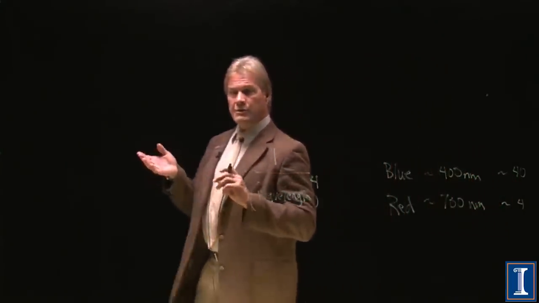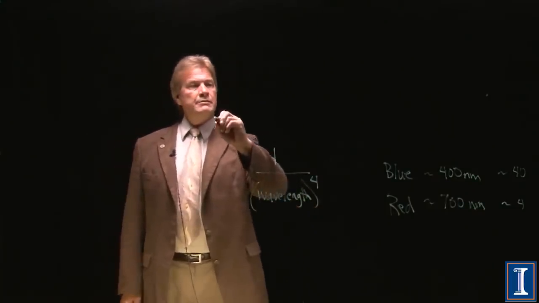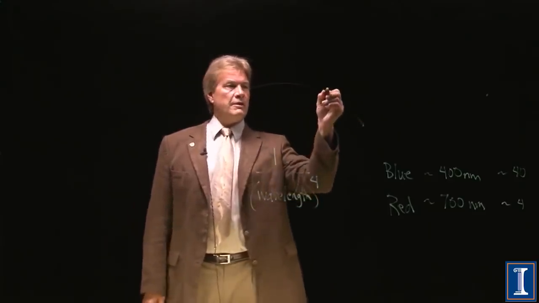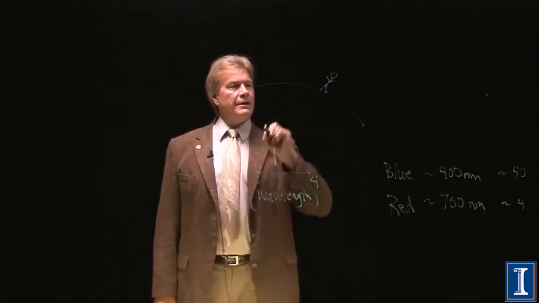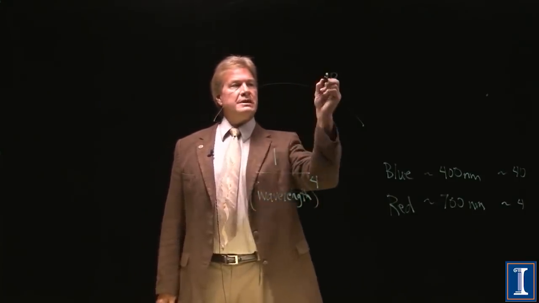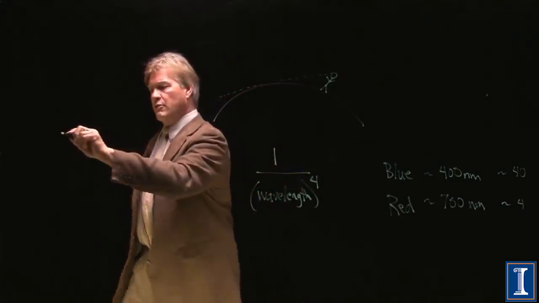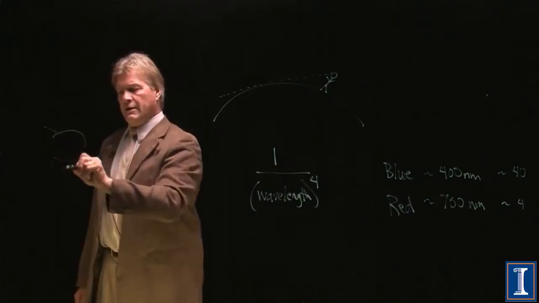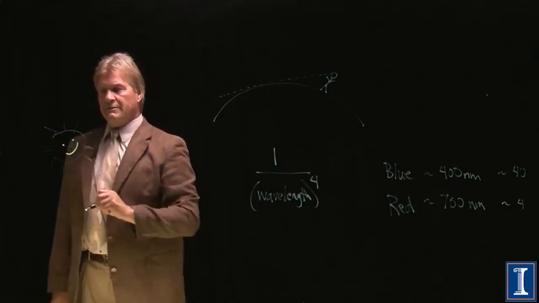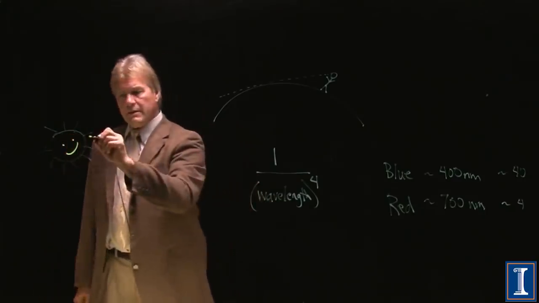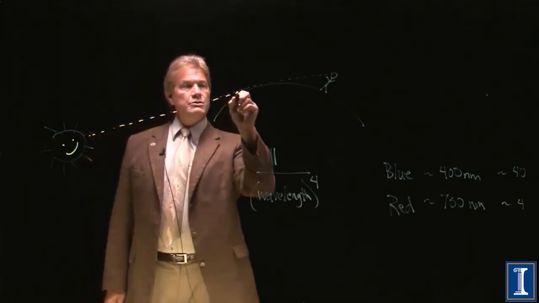So what does this mean for sunsets and blue skies? So here I am on the Earth. All right, here we go. Stick figure me. And I am looking at a sunset. So somewhere over here, we've got Mr. Sun again. All right, there's my sun. Mr. Smiling Sun. And the light coming from the sun, remember, has red, it's got blue, it's got all the